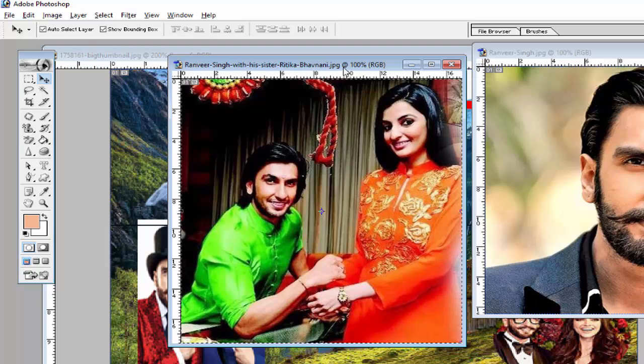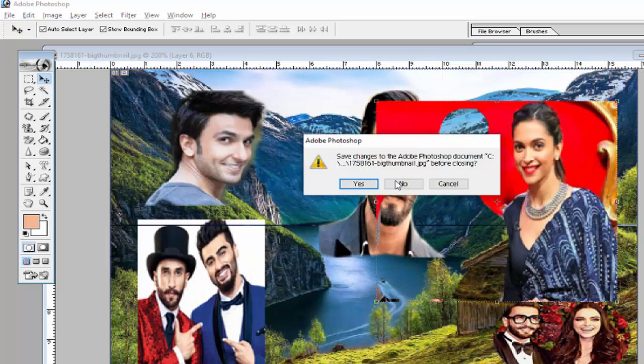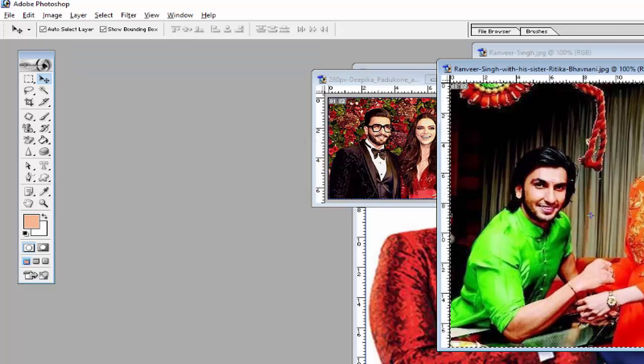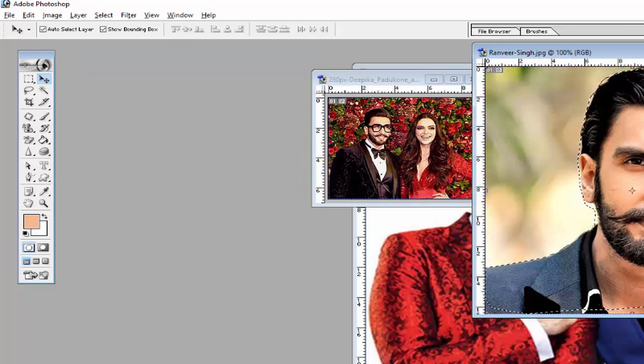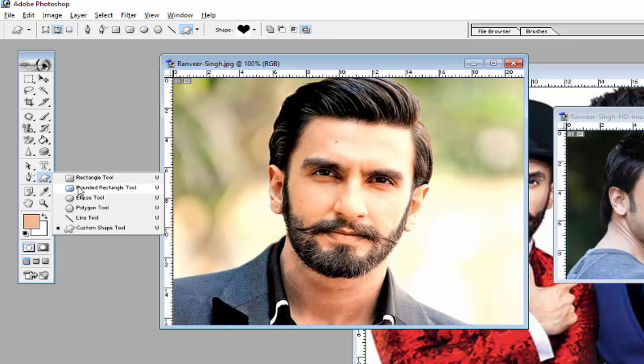So again we will use another option, just to close all these files which are not required. So use this option rectangle tool,